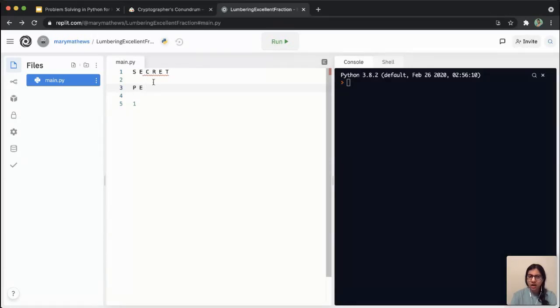Then I want an R over here because I want PER. So C and R are not the same. So I put R, I increase my count to 2. And again, I want to repeat PER. So instead of R, I want P. So my count becomes 3. I want an E over here. I already have an E over here. So my count does not change. And for T, I want an R over here. So my count increases by 1.